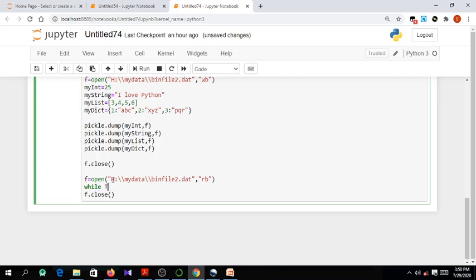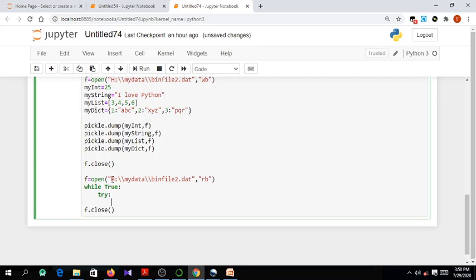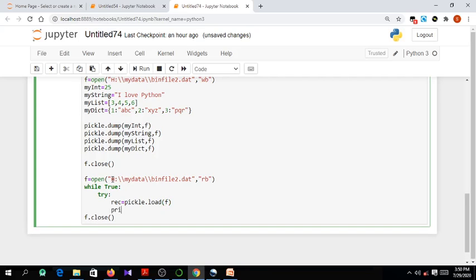Initially I am setting an infinite loop, while True. Inside that we are going to use the try except mechanism, if you remember. In that I am reading: record equals pickle.load from f, and then print record.